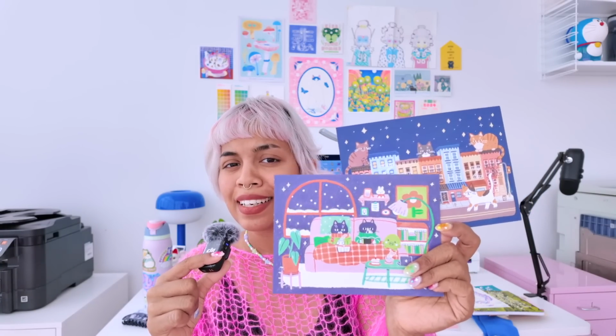I don't have it with me right now, but I did buy this gorgeous Totoro risograph print from Natalie Andrewson, which I framed and gifted to my mom for her birthday. I wish I could show you, but I already gave it to her, but that was also another thing that I purchased at moccafest. I also have these 2 gorgeous postcard prints from Megan Wang, and I just love her